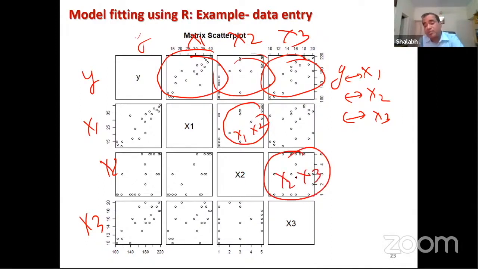Anyway, from this matrix plot you can judge whether the relationship between y and x is linear or not. You can say this is quite linear, right? That we did in the last lecture also. For y and x2 it is a little bit tricky affair. For y and x3 this is quite linear. But the moral of the story is that just by looking at these three curves, you cannot decide whether the joint relationship of x1, x2, x3 with y is really linear or not,